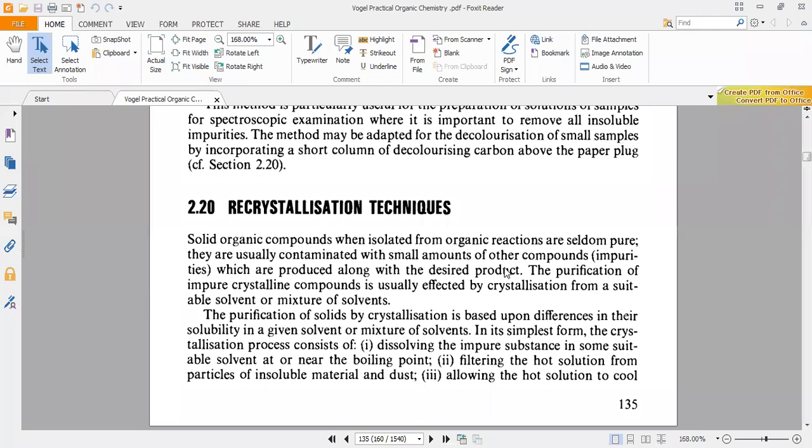Not any solvent can be used. Keeping in mind, we are having two aspects. One is a pure compound, the final product, present with some contamination of reactant. If some contamination is present, we are supposed to remove it. This contamination may be a catalyst, or an unreacted reagent. How to separate that? It is in very small concentration, maybe 5%, 10%, or less than that. To remove that, we are opting for crystallization.